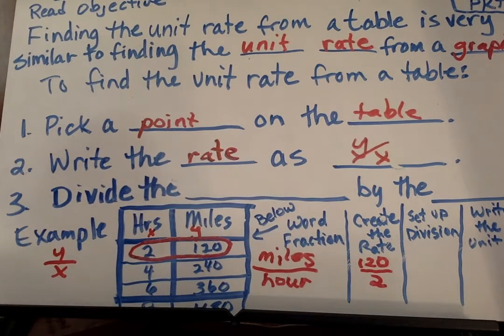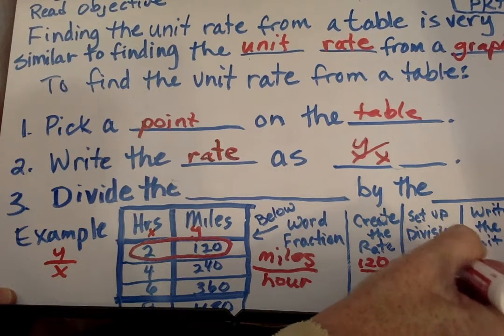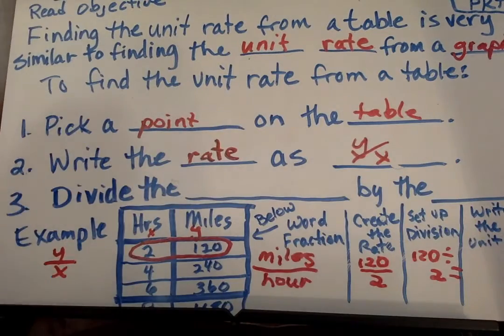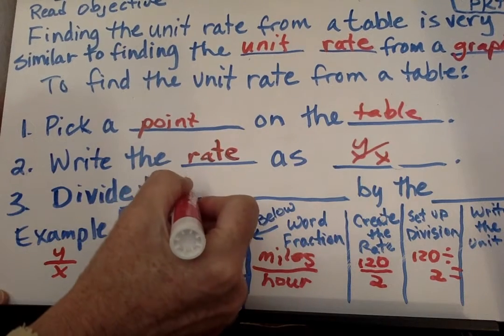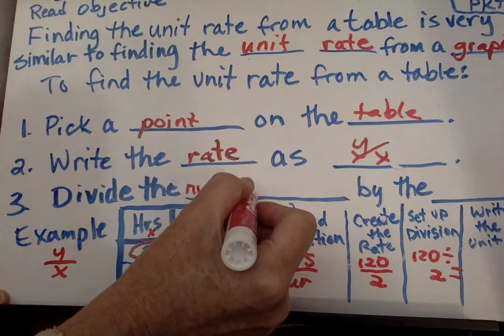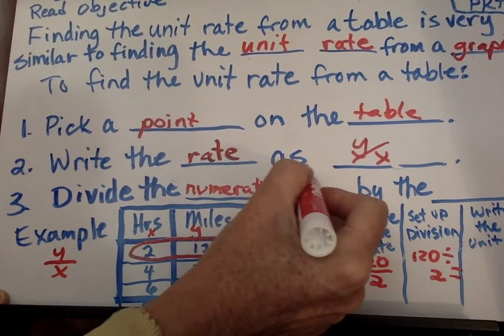Okay, then I set up the division. 120 divided by 2. Okay, and then all we do here is divide the numerator, and I'm going to put in parentheses top number